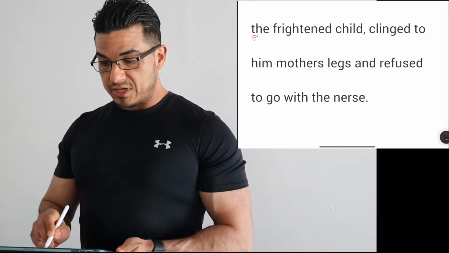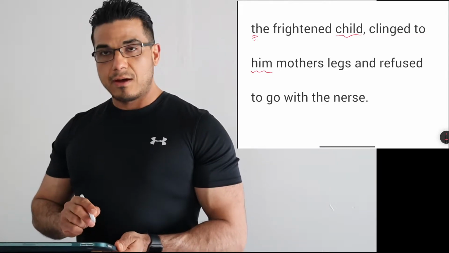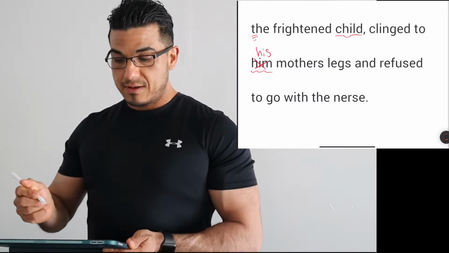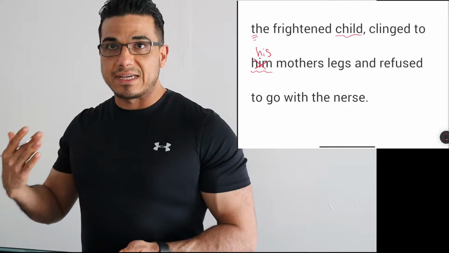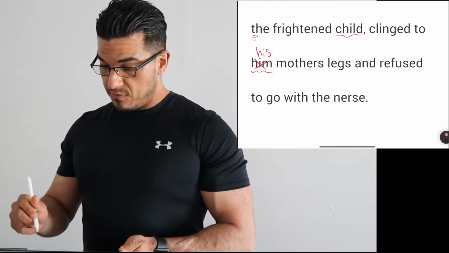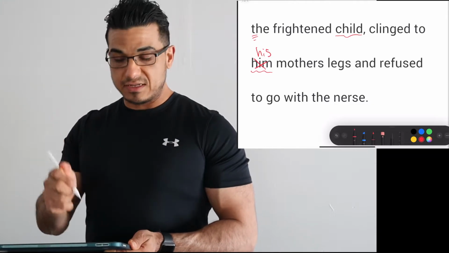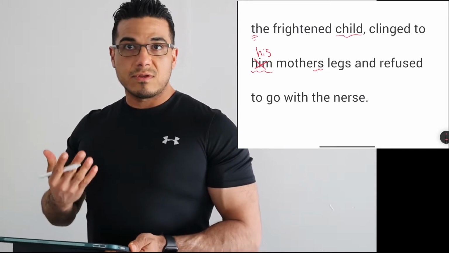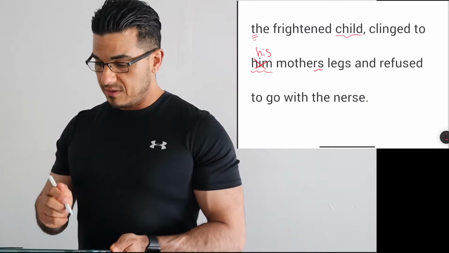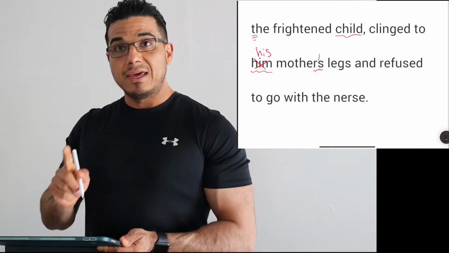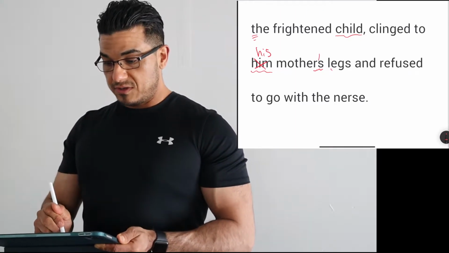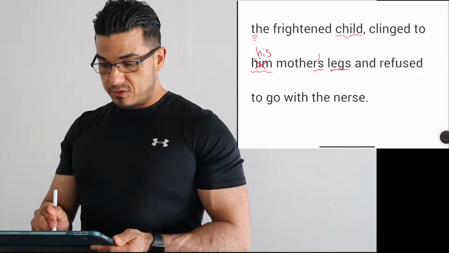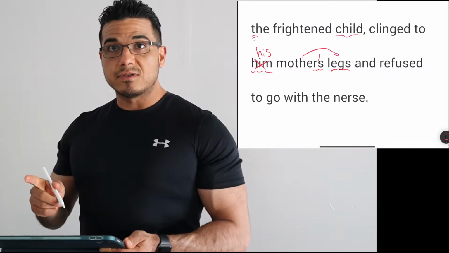Now we are referring to the child, and we know in this case that he is a male. However, I'm using the incorrect pronoun. I want to say his mother's, as in she possesses the leg, as it is written now without the apostrophe s that would show possession. It is currently written as a plural, meaning I have more than one woman who is the mother, multiple mothers. Really, I intend for the sentence to read only as a singular mother, so one mother, who owns this pair of legs. So the frightened child clung to his mother's to show ownership of the legs and refused to go